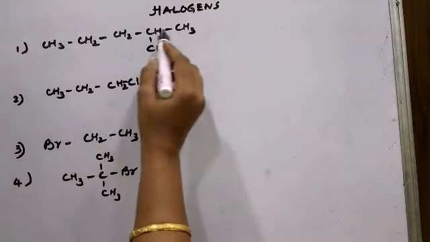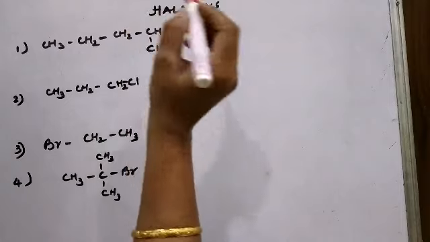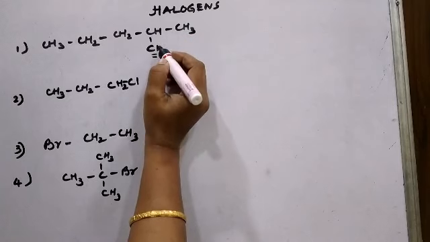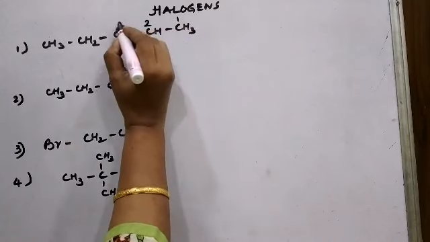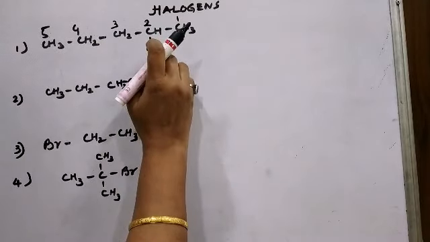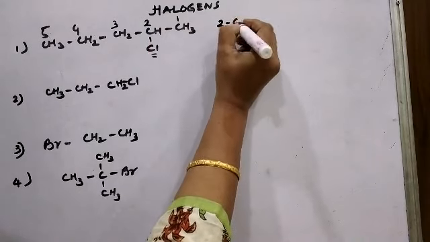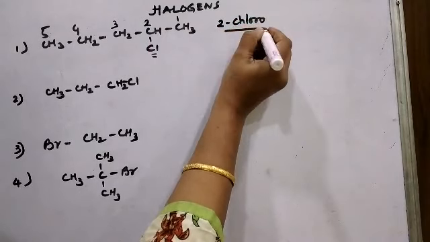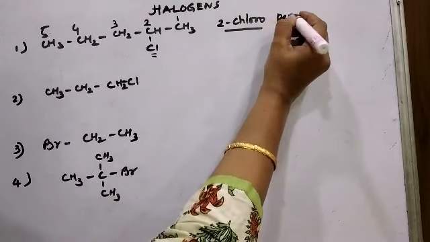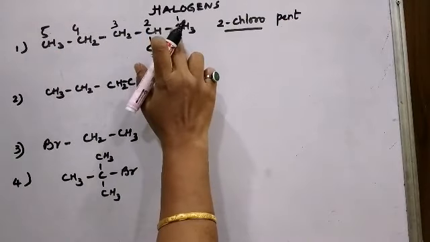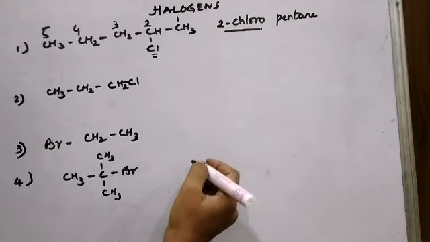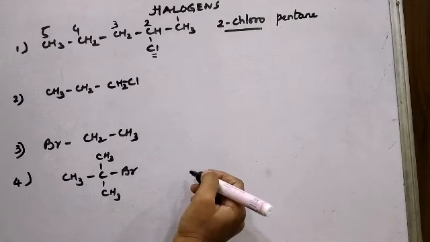So here in the first example, we have 1, 2, 3, 4, 5 carbon atoms in the straight chain. This is like a substituent. So assign the lowest number to the substituent as per the rule. So we are going to number the carbon atoms like this. We find that the chloro group is on carbon atom number 2. So the name of this compound will be 2-chloro. This is going to be a prefix. The straight chain contains 5 carbon atoms, so the root word will be pent. There is a carbon to carbon single bond between each carbon atom. Therefore it's an alkane, so it's pentane.